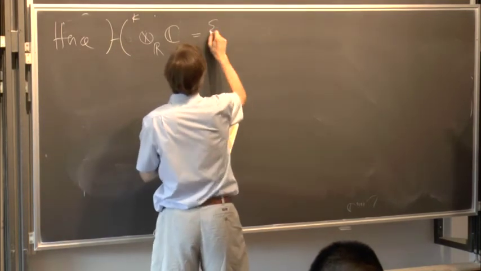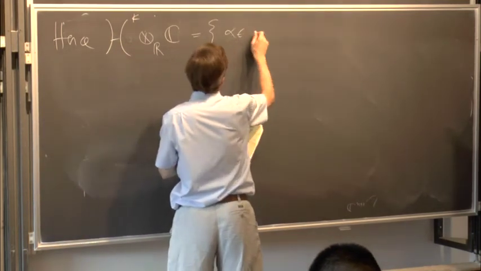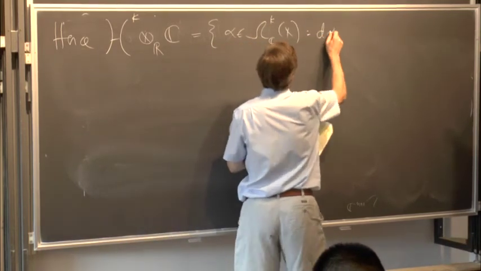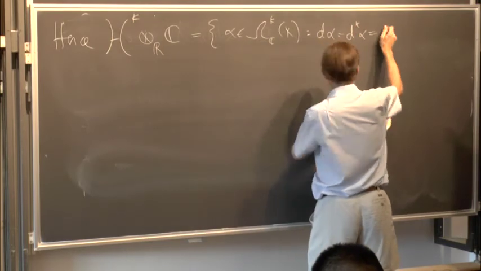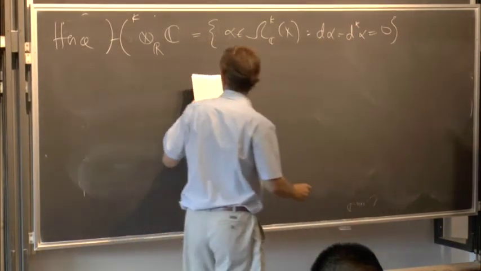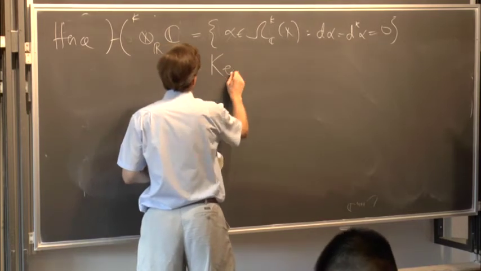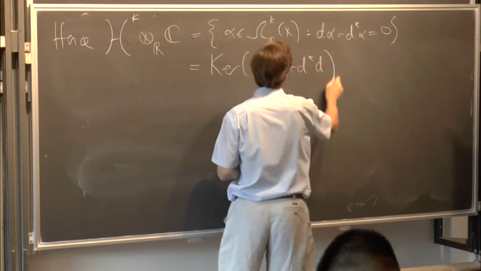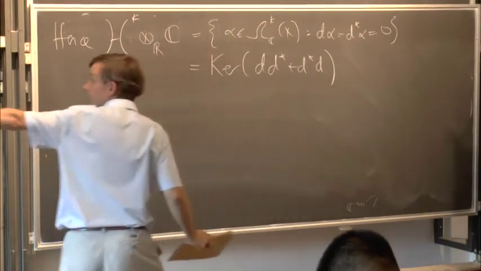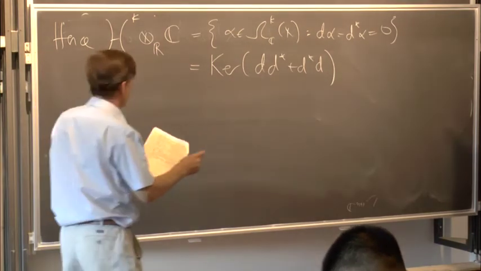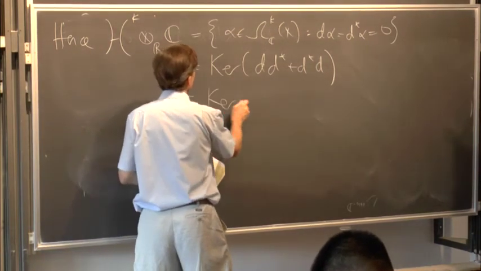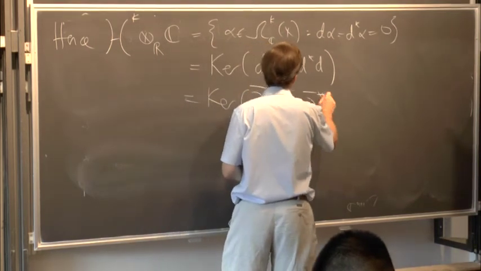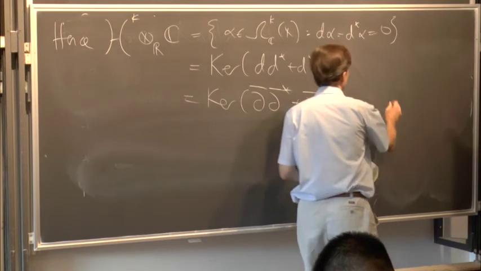This is the set of alpha in the complex k-forms on X with d alpha and d star alpha equal to 0. This is the kernel of d star d plus d d star, because of this L2 norm argument. Now this is the kernel of ∂-bar star ∂-bar plus ∂-bar ∂-bar star by the Kähler identities,